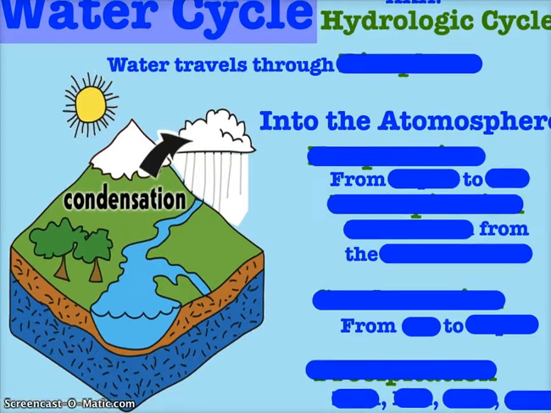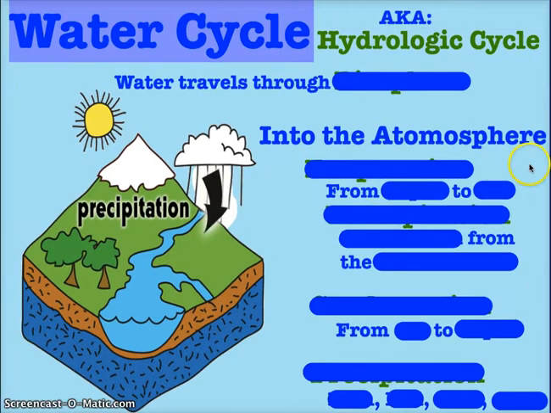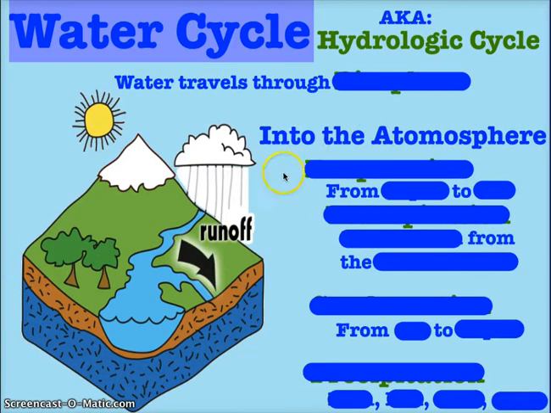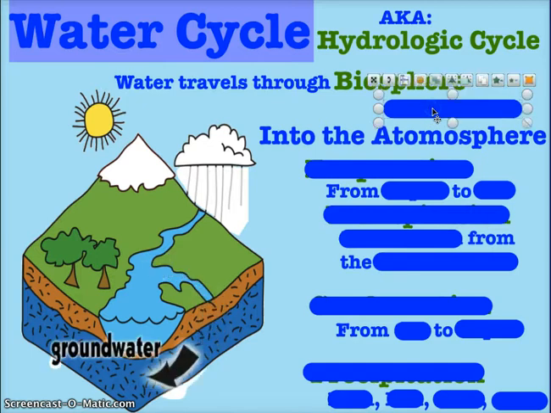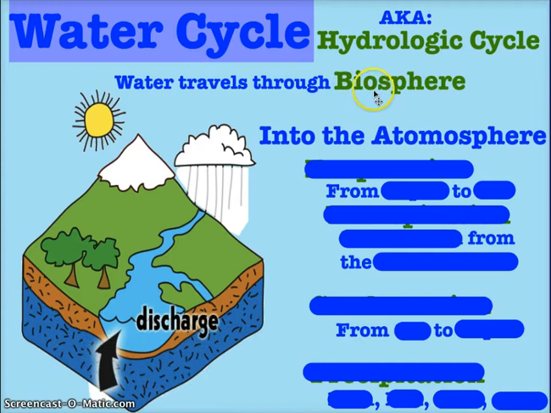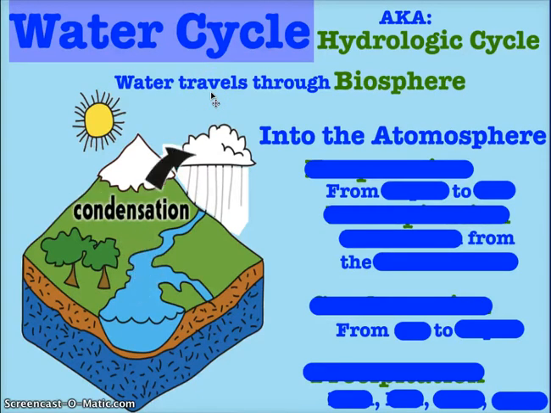It could also be known as the hydrologic cycle. Many parts of it you already know. There's going to be some you're not familiar with. So for starters, I want you to know that water travels through all layers of Earth. So when I reference biosphere, that's a term that you should already be familiar with. Biosphere is every living thing located on all layers of Earth, because water travels through the atmosphere, geosphere, and hydrosphere, and through people or living things.